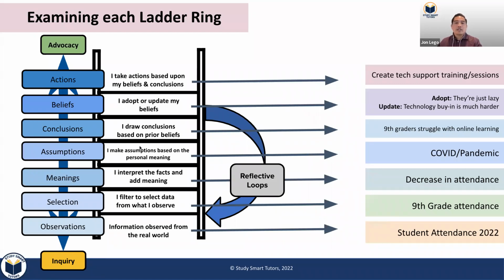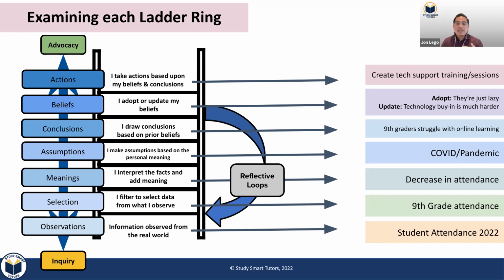And then we begin to look at our adopted belief systems, right? And maybe one of them might be, hey, the students are lazy. Or maybe we have conversations with our colleagues and we look at the data a little bit further. Maybe it's updated to, hey, actually, it's not that they're lazy. Maybe it's the technology piece, that they're really struggling with that piece. Chromebooks, Wi-Fi, Zoom, Google Classroom, all these new technology pieces that are being integrated into online learning in these last couple of years. And so if that is the belief,